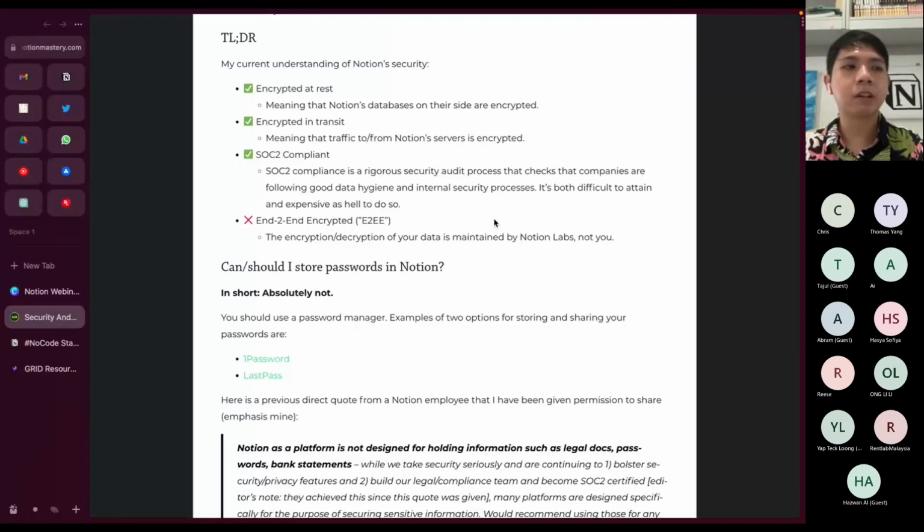For passwords, I recommend using something like LastPass or Bitwarden. But for the rest, like project management, SOPs and staff onboarding, those are definitely fine with Notion. So that's one of the things I wanted to share about security.